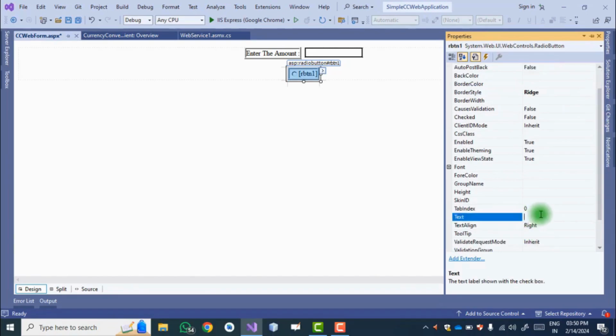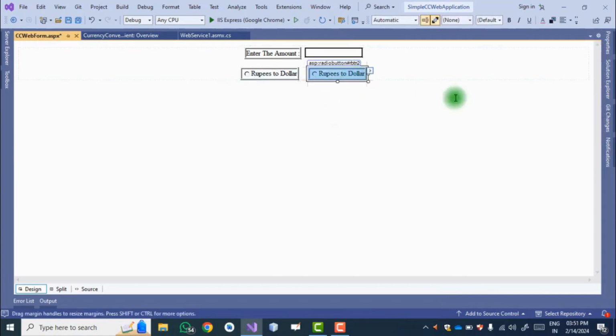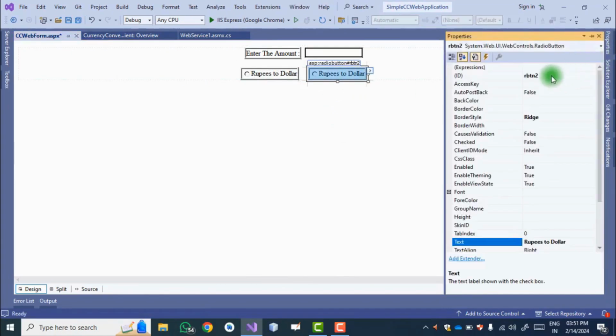So this is my text, rupees to dollar. So this radio button is for converting the amount from rupees to dollar. Then again just copy this radio button, Control C, Control V. Then again go to the properties of the radio button RBTN2 and we convert this to dollar to rupees. Now these are two radio buttons.